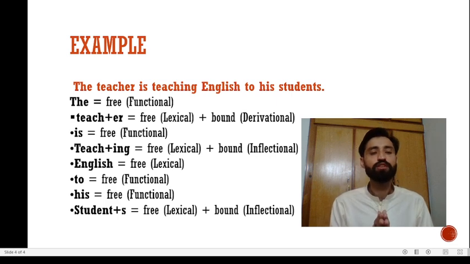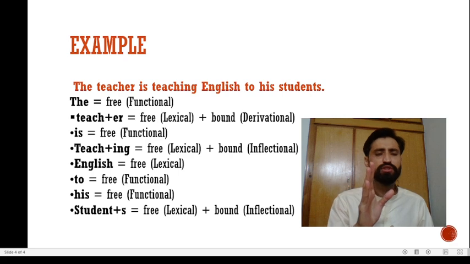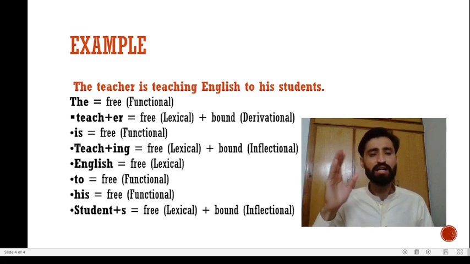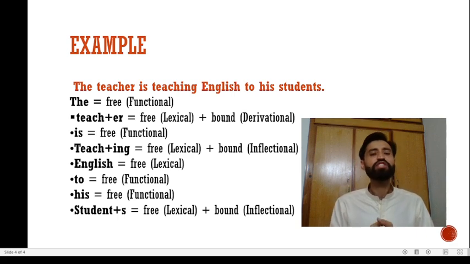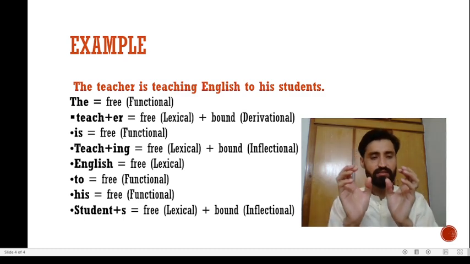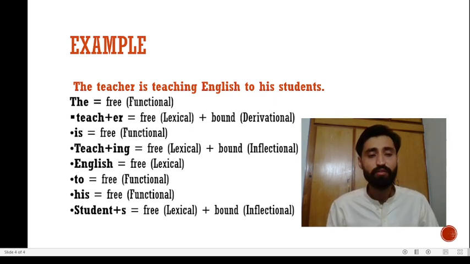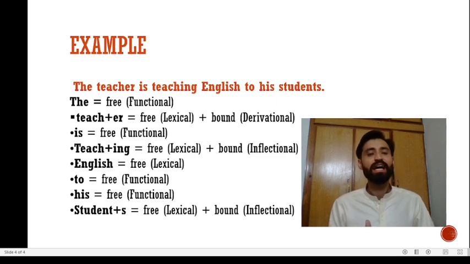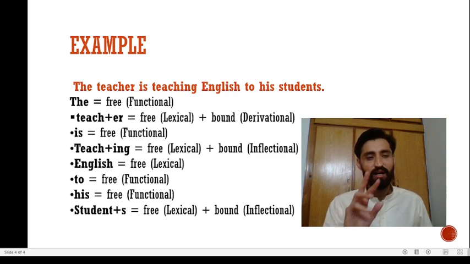So functional morphemes are actually not content words, like prepositions, helping verbs, conjunctions. These are functional morphemes. Okay. Then the next word is teaching. So it is made up of teach and ing, right? First of all, we can say that teach is a lexical morpheme because it's a content word, and teaching. Now here this ing is an inflectional morpheme, but there are two words, teacher and teaching,